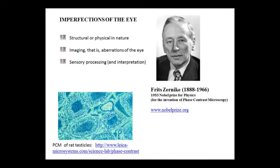Here, of course, now is Fritz Zernike. When we look at the imperfections of vision, there's lots of different types of imperfections. I'm only going to focus on the imperfections which relate to the image that's formed in your eye, basically. And we use a thing called the Zernike polynomial expansion. And this person, of course, won a Nobel Prize for physics for the invention of phase contrast